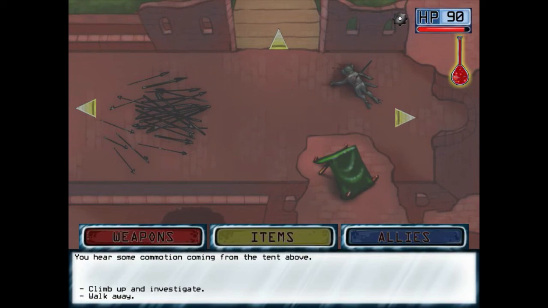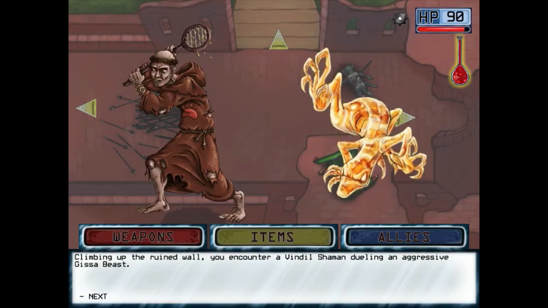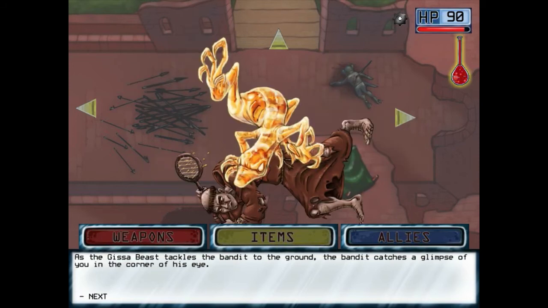Pitch tent. You hear some commotion coming from the tent above. Climb up and investigate. There is a Vindel shaman dueling an aggressive Gisa beast. As a Gisa beast tackles...